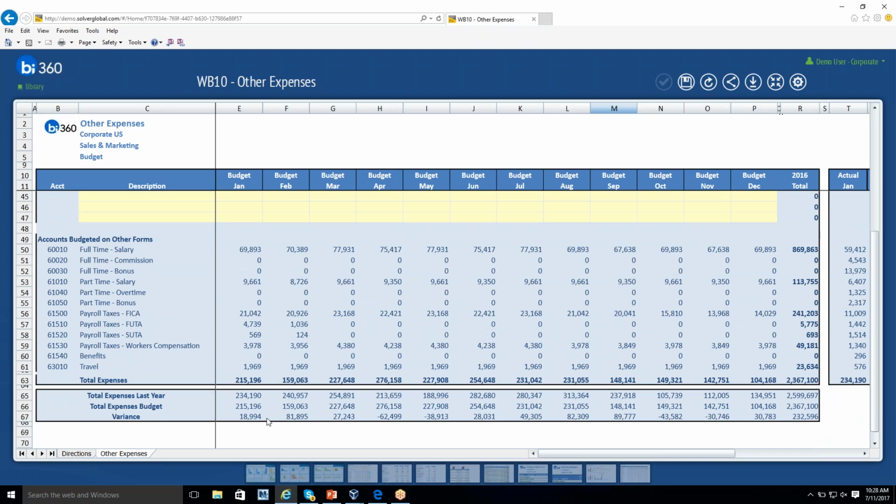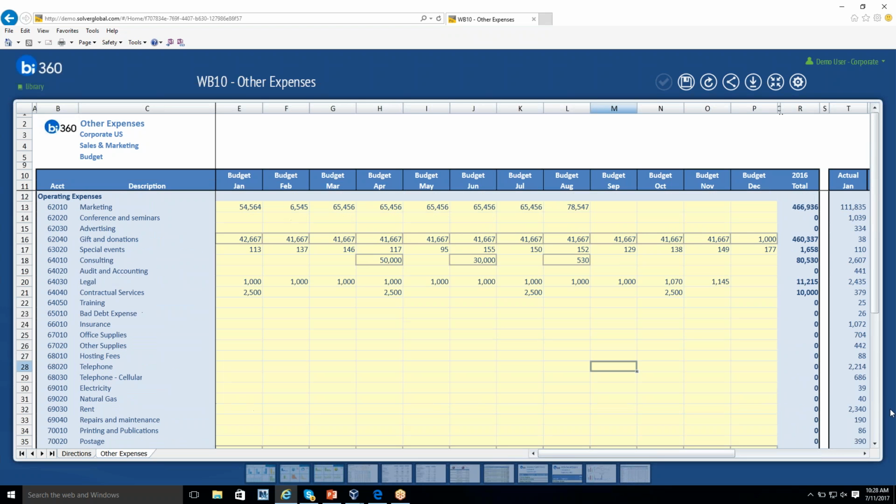And the point of all this is to show you the total expenses that you budget and the total expenses for last year. And what I'll do here is I'll go in and